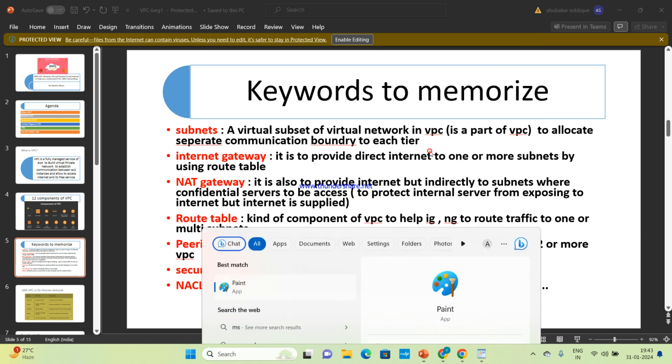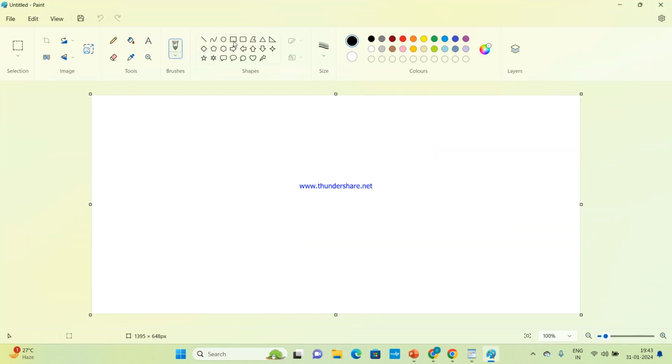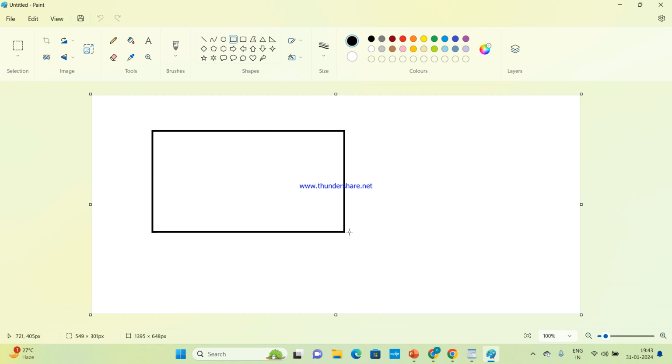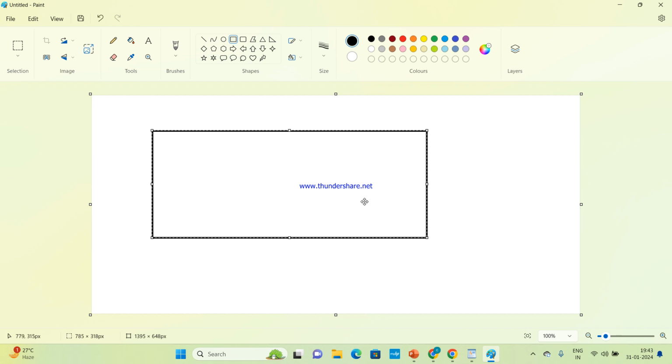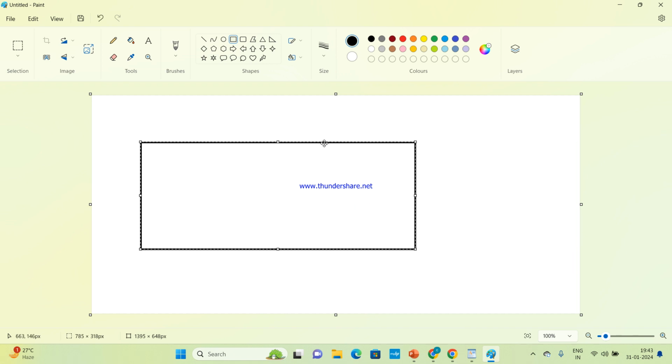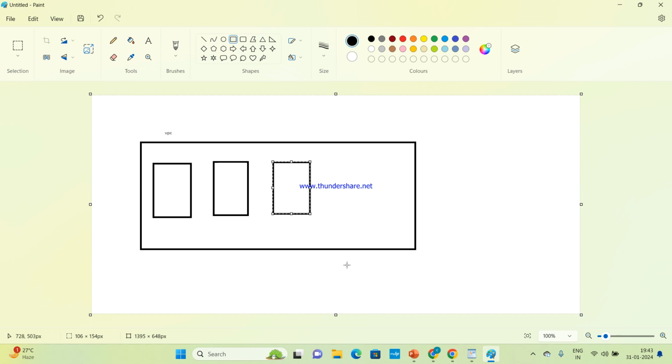Let's understand with the paint architecture diagram. This is a VPC. VPC is a big network. Now what are subnets? Subnets are small networks. A big network divided into small networks is known as subnets.